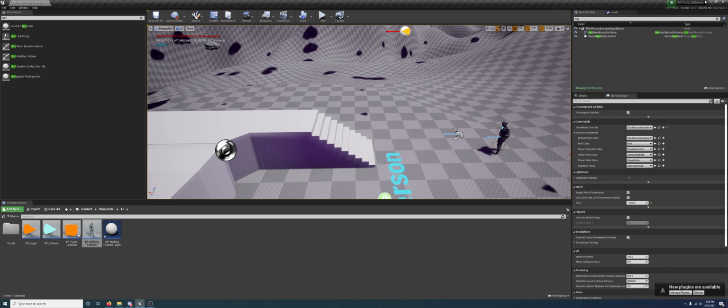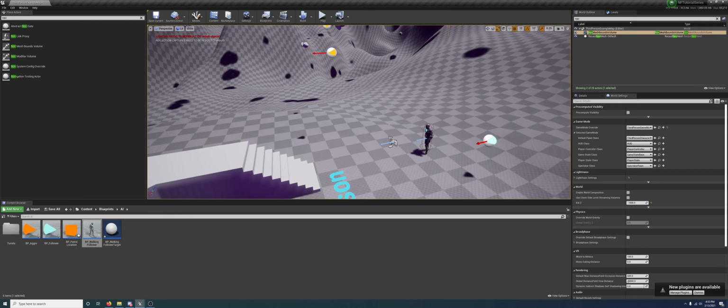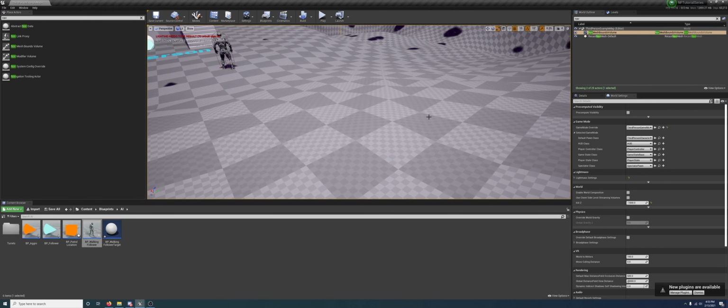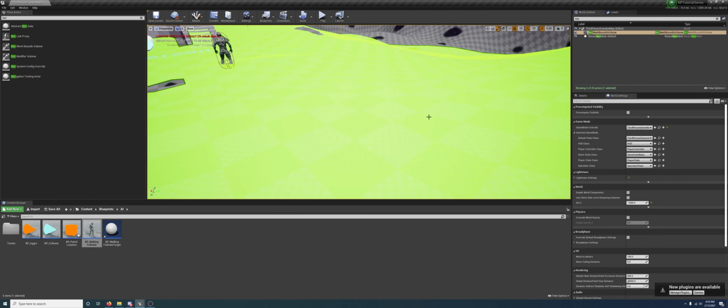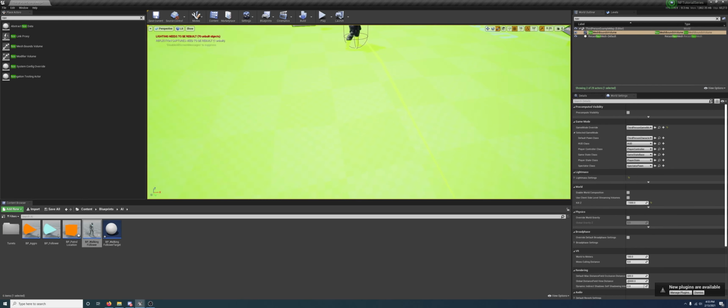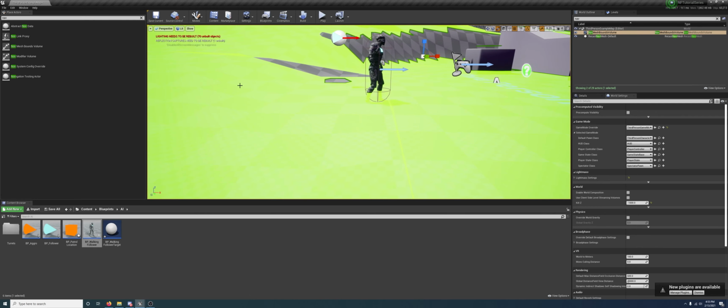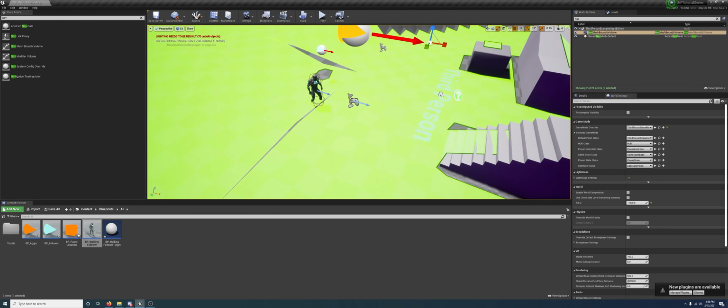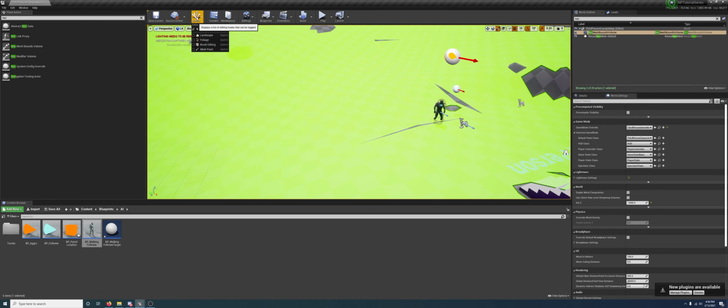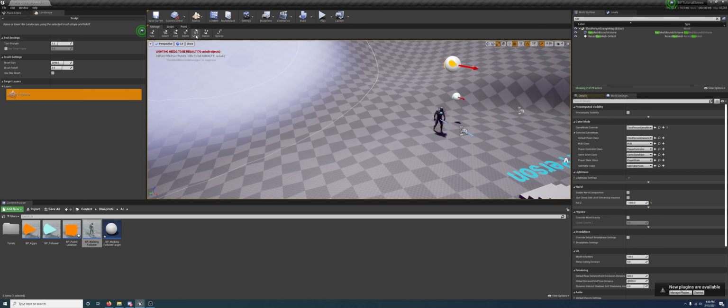Alright, now let's talk about how to fix our nav mesh. Just really quickly, I'll get into this. It's a bit of a complex topic. You can go into the engine settings. So it's building these based on how it builds nav meshes, and it just uses like triangles essentially and tries to piece them together. The quickest and dirtiest fix for this is going to be going into your landscape mode,